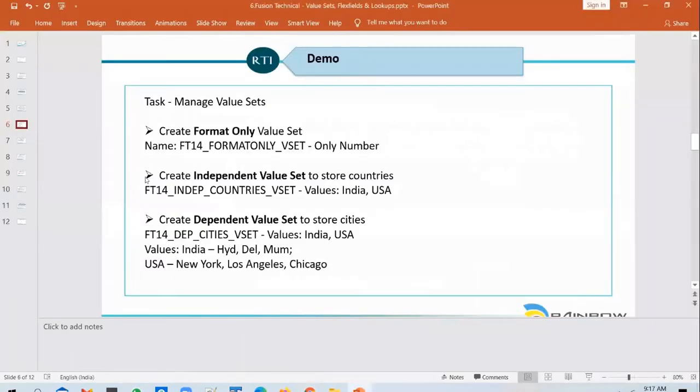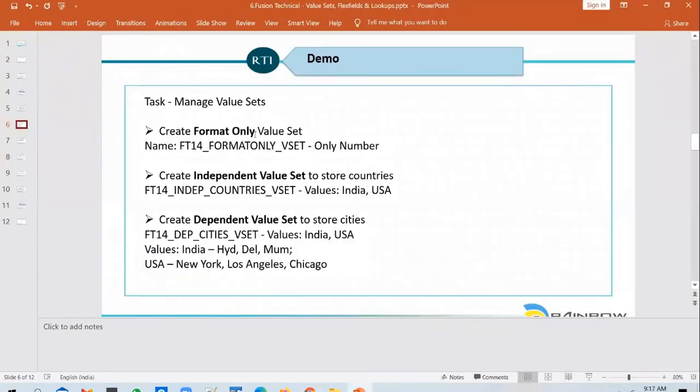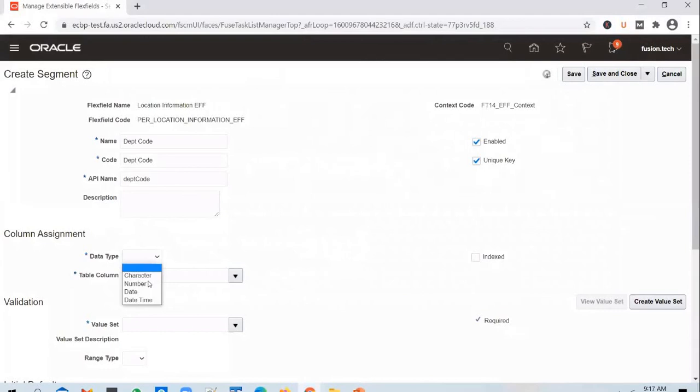We will attach this format only value set to the department code so that we understand how a format only value set works. If you select data type as character here, you will not be able to use this value set, because you selected only a number option. So you select this as number.